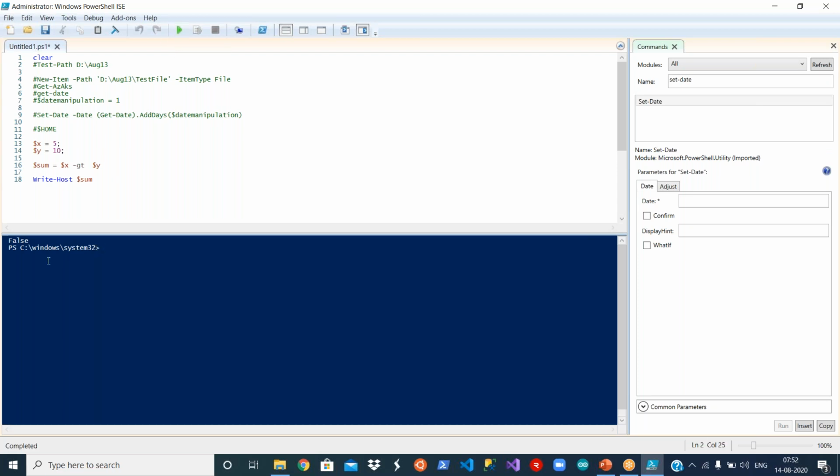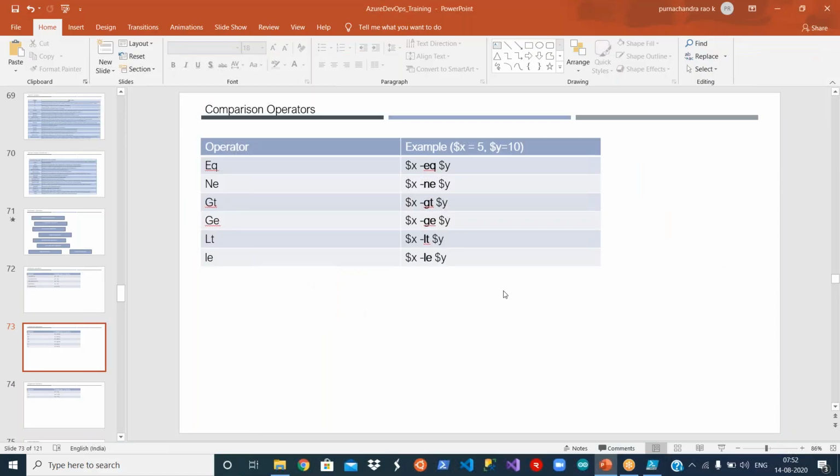Okay, it is false. If I say less than, L, T, first letter, true. So that's how you use comparison operators, and that's very easy to remember as well. Greater than, less than, GT, LT, greater than or equal to GE, less than or equal to LE. So first letters of each word.